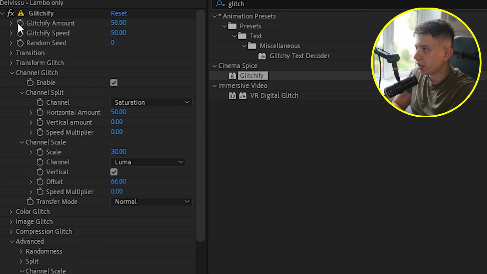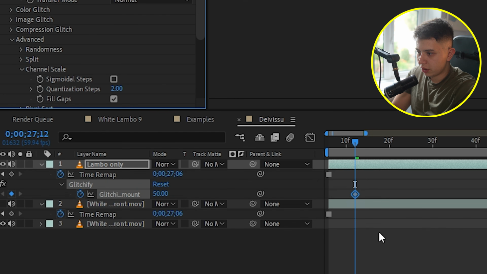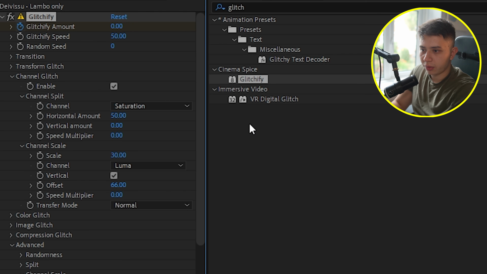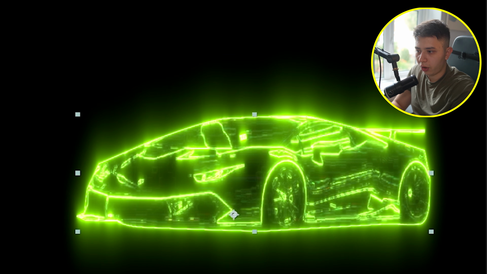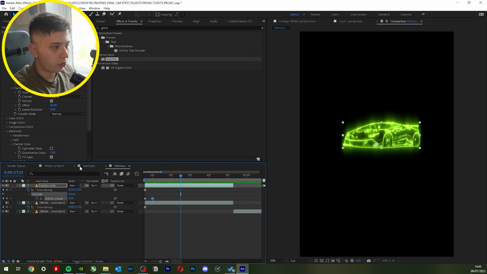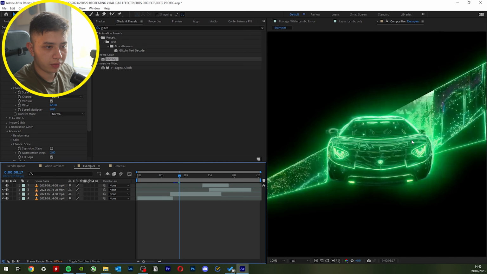You then go to Glitchify amount, you press the clock, press U on your keyboard, move forward a few frames and make the value 0. You get the pulse of it kind of going from the glitch state to the non-glitch state. And if you time it with the music, it can look really cool. But the really cool thing that I wanted to really show is that really cool looking kind of background effect, where